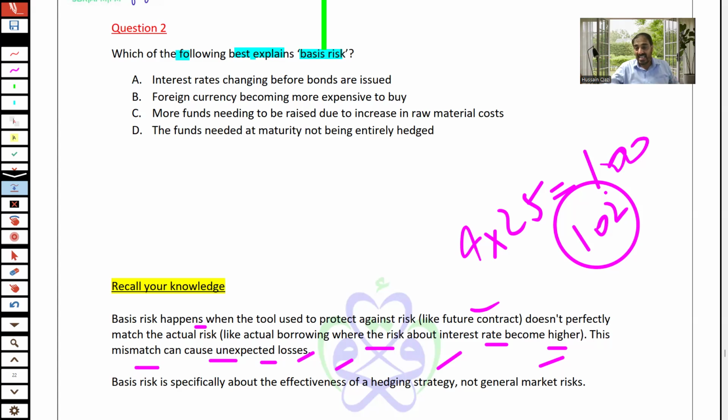So this mismatch, actual requirement $102,000 but futures contracts totalling $100,000, this 2,000 mismatch creates hedge inefficiency. This is called basis risk. Basis risk is not about the market. It's all about things not moving as expected